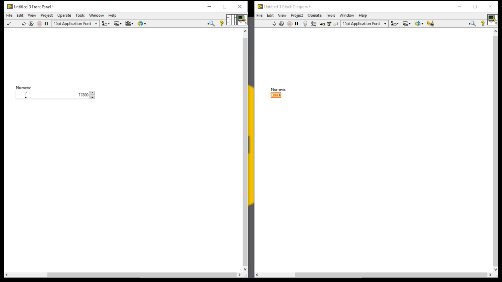When you go to the ATM and you enter 17,800 rupees, you will get 8 notes of 2000 rupees, 3 notes of 500 rupees, and 3 notes of 100 rupees.